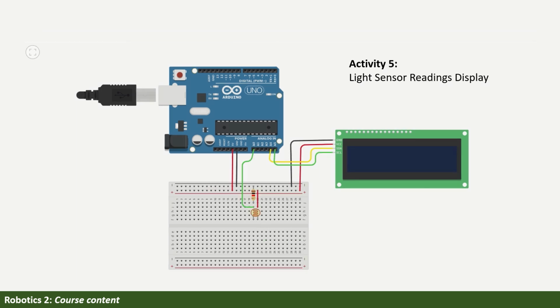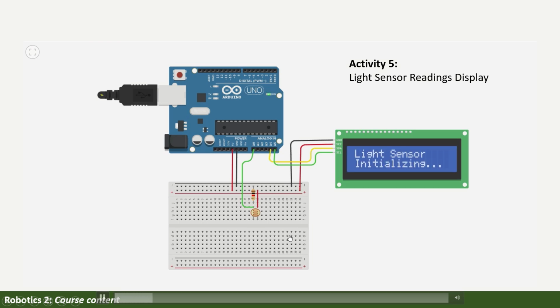Activity 5, now you have a light sensor reading display. So here is your photoresistor. In this simulation, you can see that there's a title before that would appear when you start it. I use this dial just to simulate sunlight, and you can see here that if I move it to the right, nakukuha niya yung mas mataas na light intensity. So this is in percent.